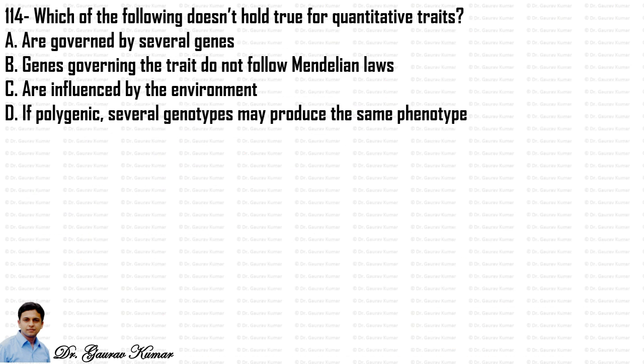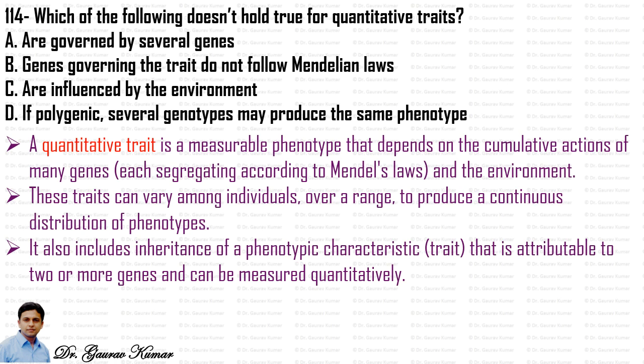Next question, which of the following doesn't hold true for quantitative traits? So a quantitative trait is a measurable phenotype that depends on the cumulative actions of many genes, each segregating according to Mendel's law, and the environment. These traits can vary among individuals over a range to produce a continuous distribution of phenotypes, and it also includes inheritance of a phenotypic characteristic, that is trait, that is attributable to two or more genes and can be measured